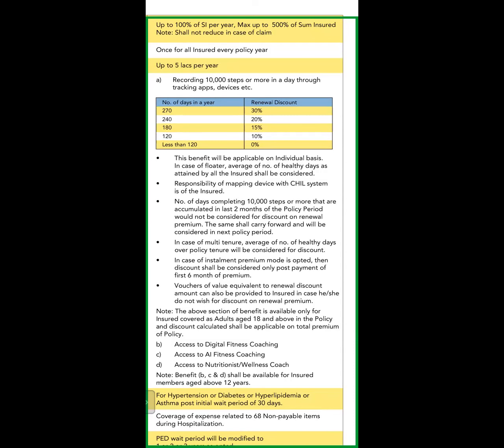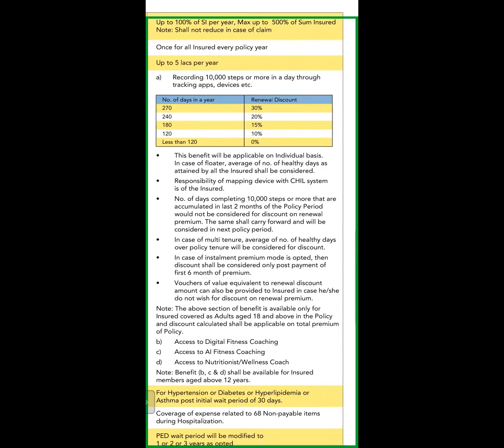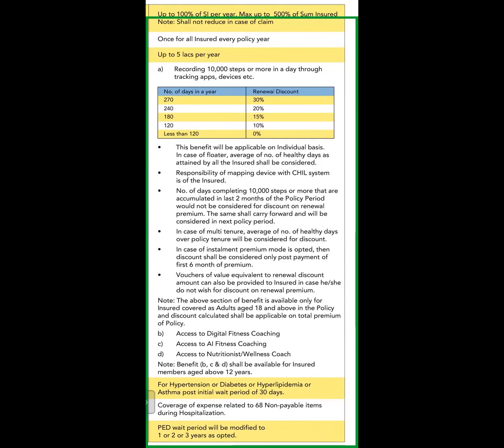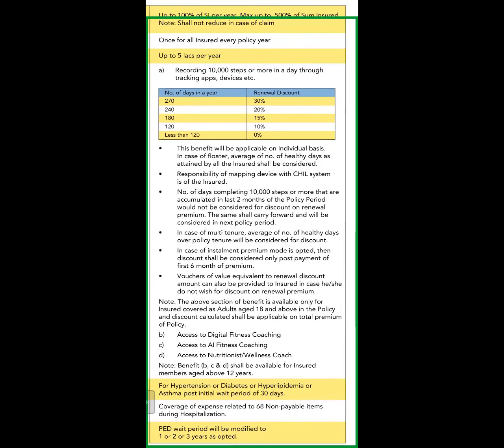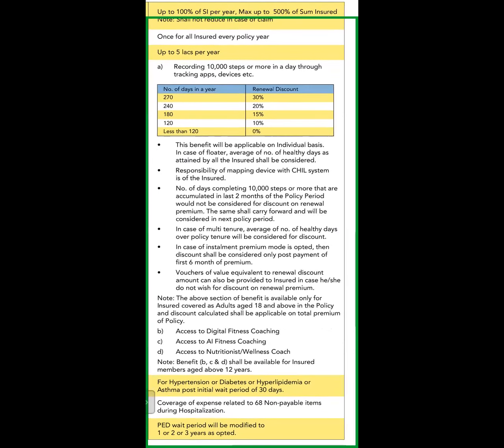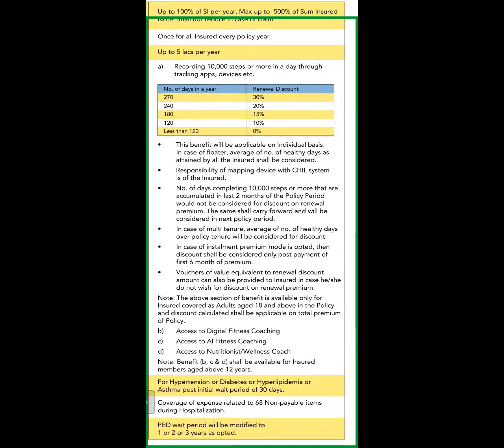So in case of multi-tenure, the average number of healthy days over the policy tenure will be considered for discounts. For example, if a customer has opted for 2 years, the average of 2 years should be considered, and at the time of renewal in the 3rd year, they'll be getting an average percentage of first and second year discounts. In case installment premium mode is opted, then discount shall be considered only post payment of first